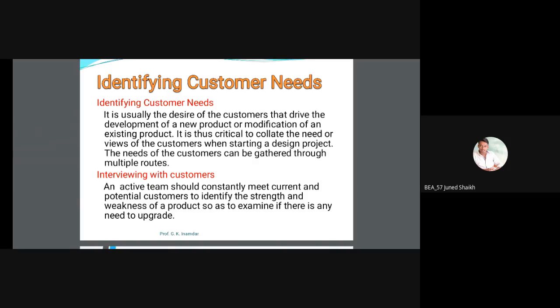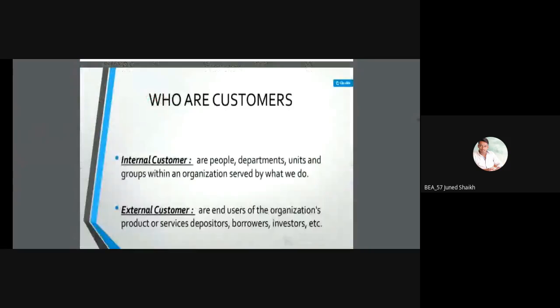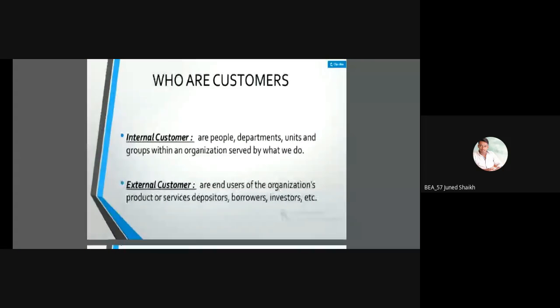So those are the basic requirements. Okay, so identifying customer needs. Now there are two types of customer: internal customer and external customer. Who are the internal customers? They are people, departments, units and groups within an organization served by what we do. Internal is nothing but within that organization. And external is nothing but the end users of the organization's product or service, depositors, borrowers and investors, etc. Suppose for example,